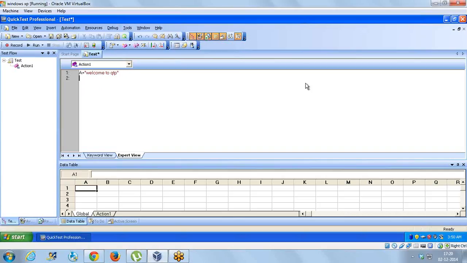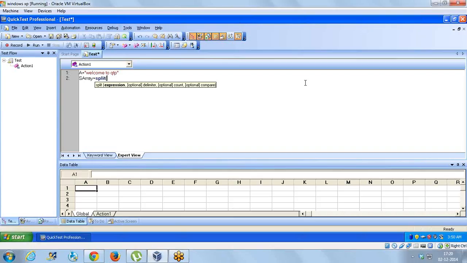Always write a string in double quotes. So I'll write here S array. I can write any variable over here, but I'm just writing S array equal to split of, so I'm going to split this